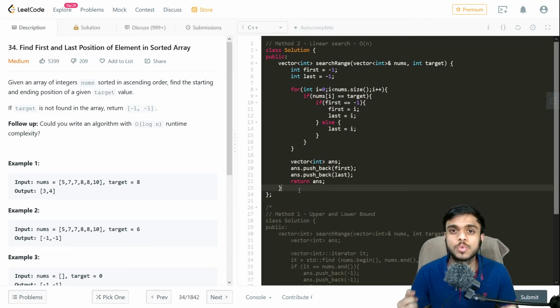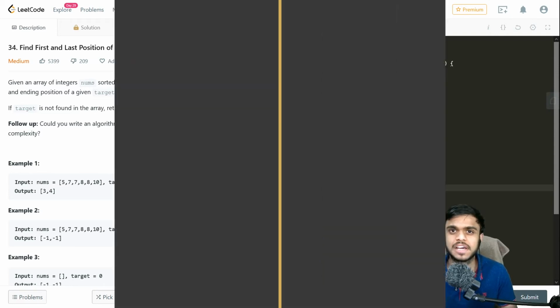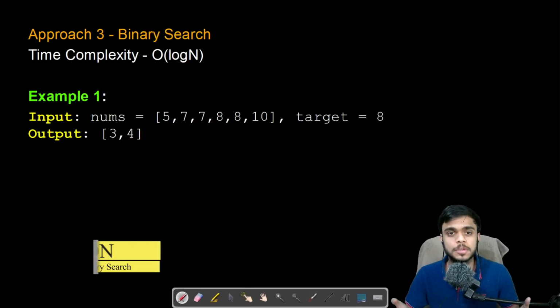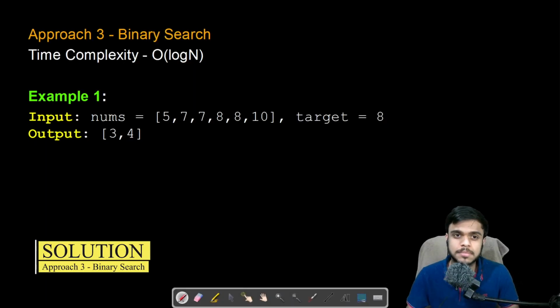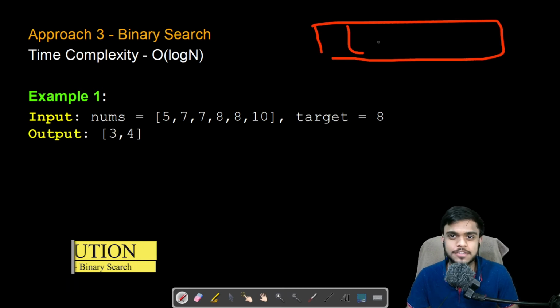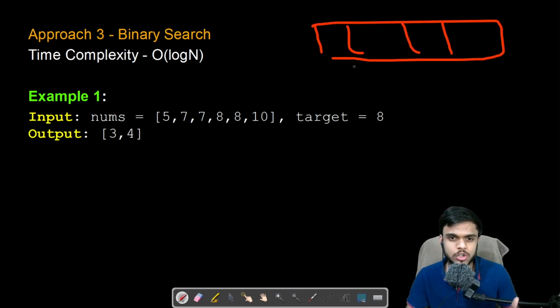Now let us look at the most optimized solution that we have. For the third approach, we'll be using binary search as our algorithm. And for binary search, the prerequisite is that whatever vector or array we are using should be in sorted order. That is the condition that we are given. So in binary search, what we basically do is create two pointers, start and end, and we calculate the mid of those two pointers.